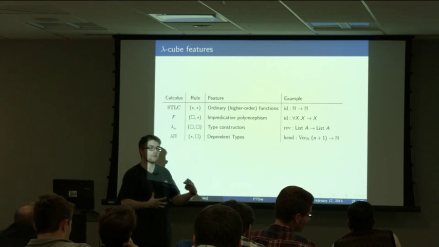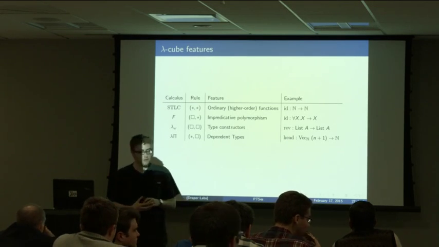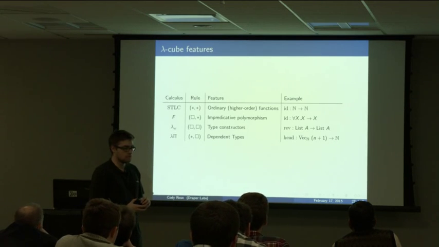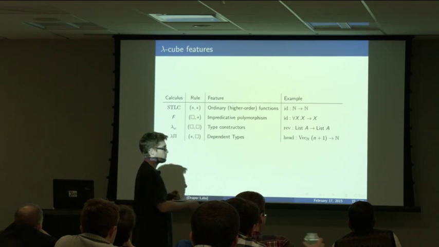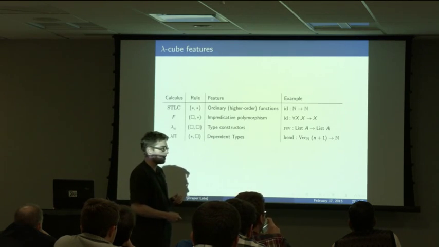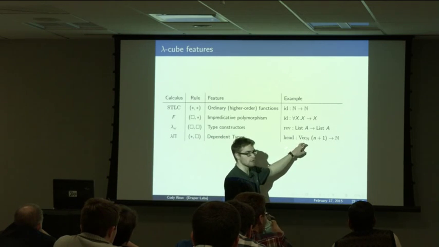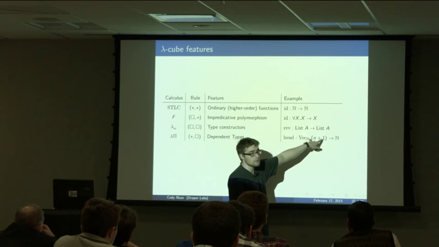So we have this powerful polymorphism I was talking about earlier. Yes? What do dependent types look like without any kind of type constructors? This Vec n? Well, yeah, but Vec is a type constructor. So it's a type family. It's not really what I'd call a type constructor. It's a family that takes a number and returns a type.